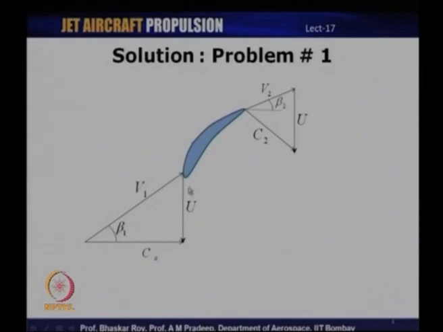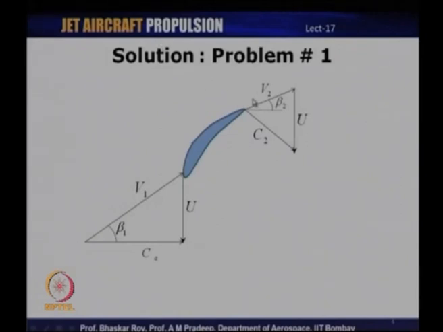and velocity V1 will always be in a direction which is tangential to the blade leading edge. So, V1 is tangential there, and u is known, and so we know that vectorially u plus V1 is equal to C1, and that is how you get the inlet velocity triangle. The angle which V1 makes with the axial direction is given by beta 1, which is the blade inlet angle. So, this is how the velocity triangle is constructed at the inlet,